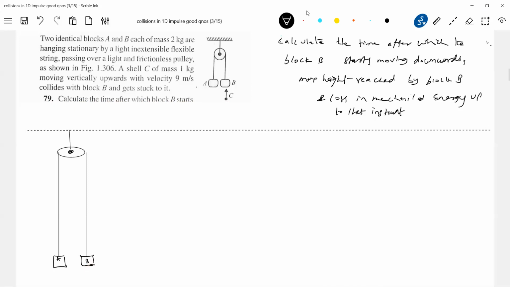After collision, shall I make it 2 kg, 1 kg? So this will become 3 kg. Or let me show that here. Initially the string was taut, no? And just after impact, this will acquire a velocity, say v1. What should happen to the string now, the very next moment? The string will become loose because B starts moving up. As the string becomes loose, A will have free fall motion and B will be vertically projected.